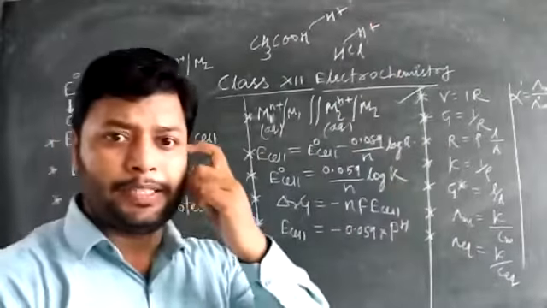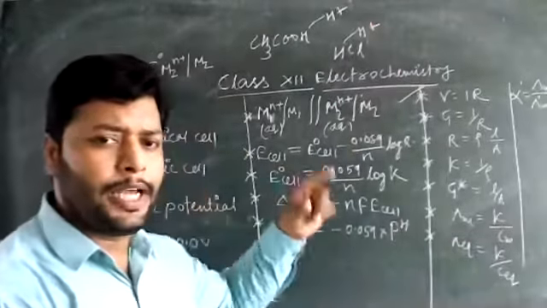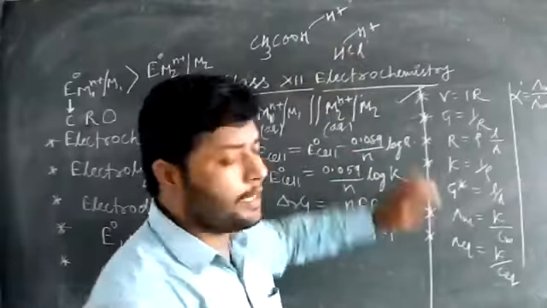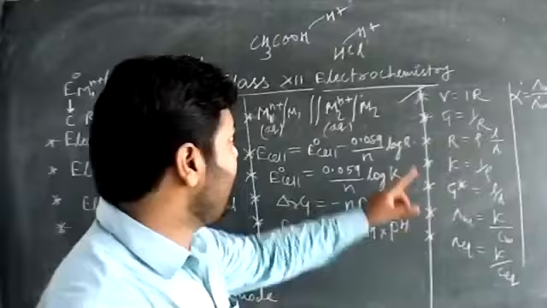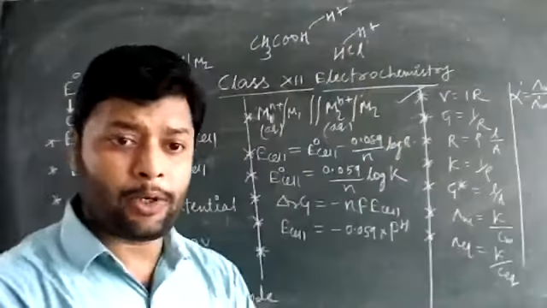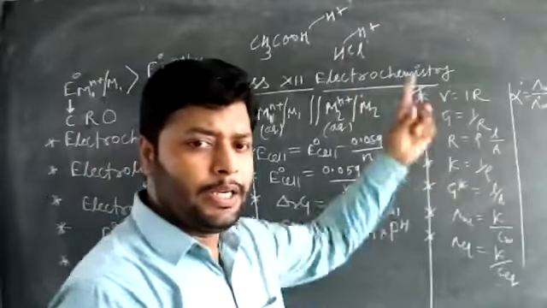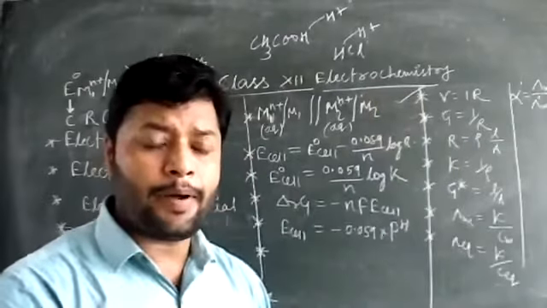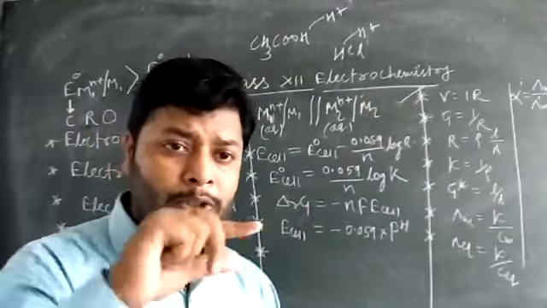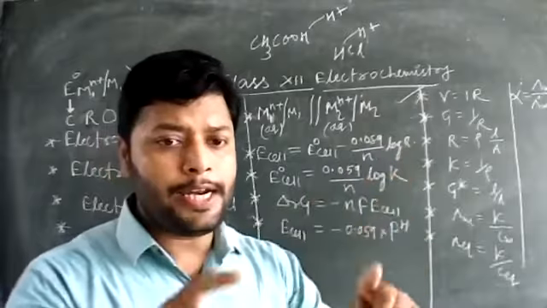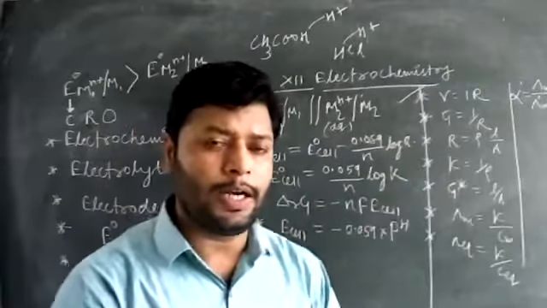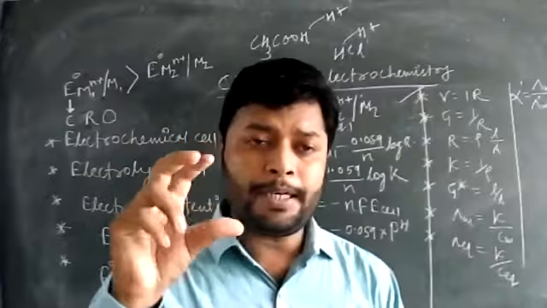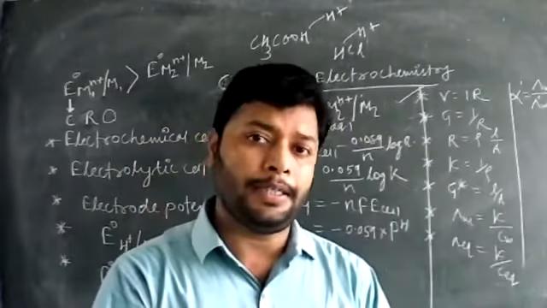Both acids release H+. The common thing is both acids release H+. If the number of H+ released by them is equal, then the conducting power reflected by H+ will also be equal for different electrolytes. That is called Kohlrausch's law. This is also known as the law of independent migration of ions.